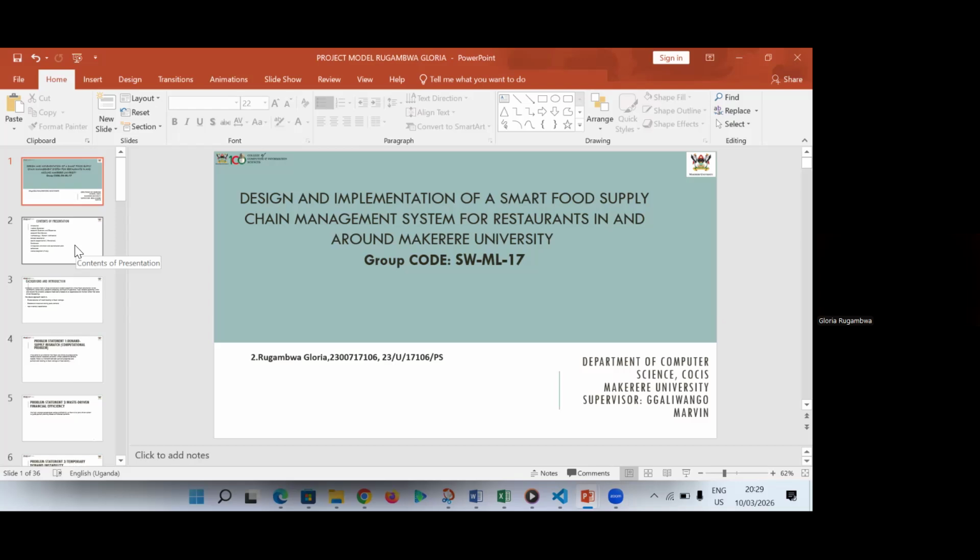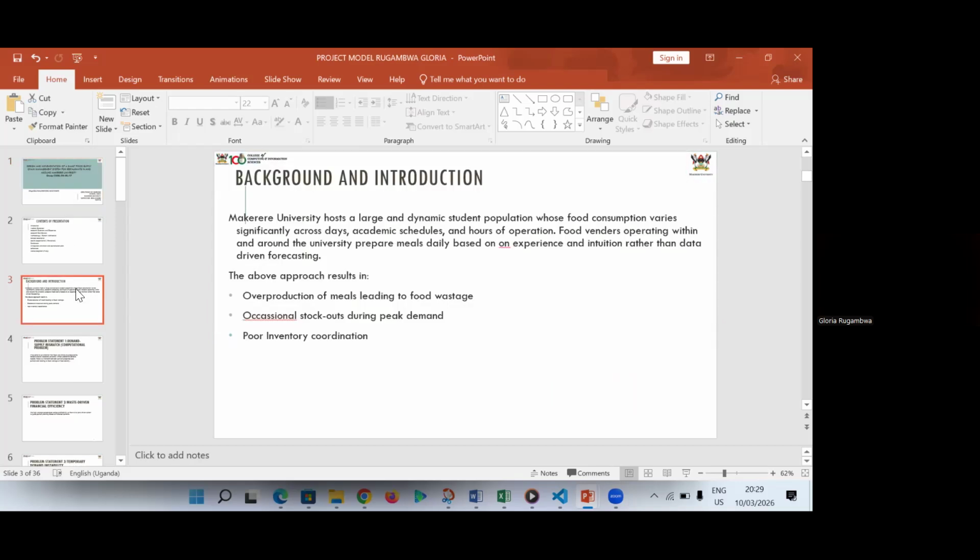There is a huge demand and supply mismatch, and also overproduction of meals leading to food wastage, occasional stockouts during peak demand, and poor inventory coordination. Let's give an example of Kosis Cafeteria. It supplies, let's say, a given food item, such as pancakes, and